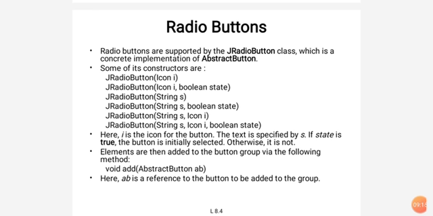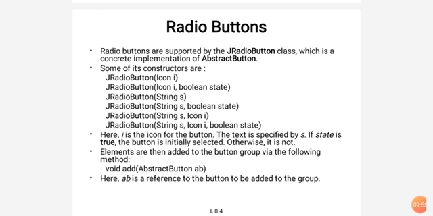For creating the component and the container, I already told you, which is covered in the overview of swing components video. There are two ways: extending the predefined class like Frame and JComponent. Otherwise, create an object of the predefined class, JRadioButton, JCheckBox, like that, JComboBox. Through that object, invoke the predefined methods and use the constructors to create that component. After that, add it to the container and make it visible to the user.